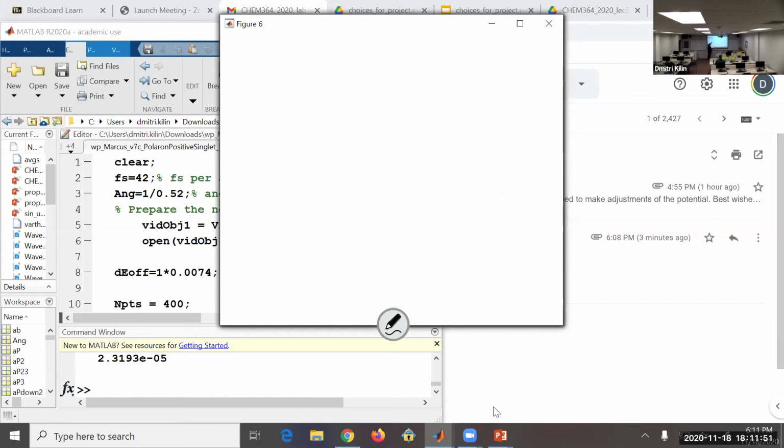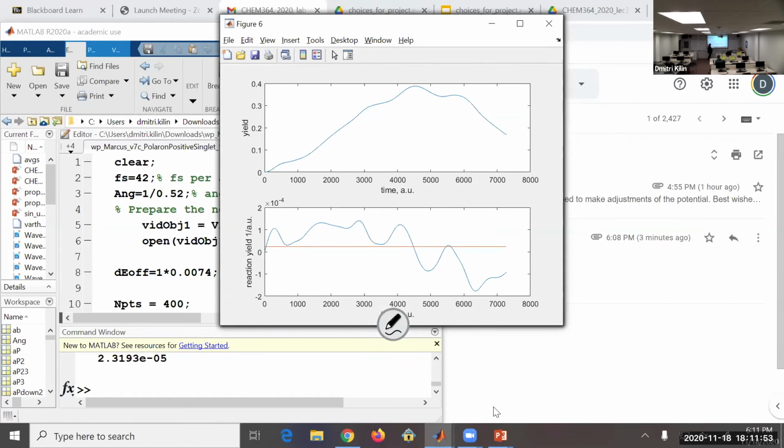As you already see, it saves this into the form of a movie. And one of the outputs is very much analogous to the percentage of the charge transfer, as we did in the previous project. Here we call it fraction yield. So it is basically how much has been transferred from donor to acceptor. And at the initial stages it grows almost immediately.